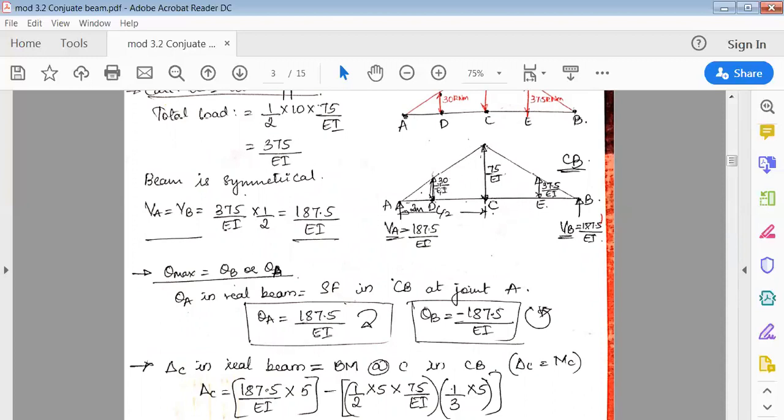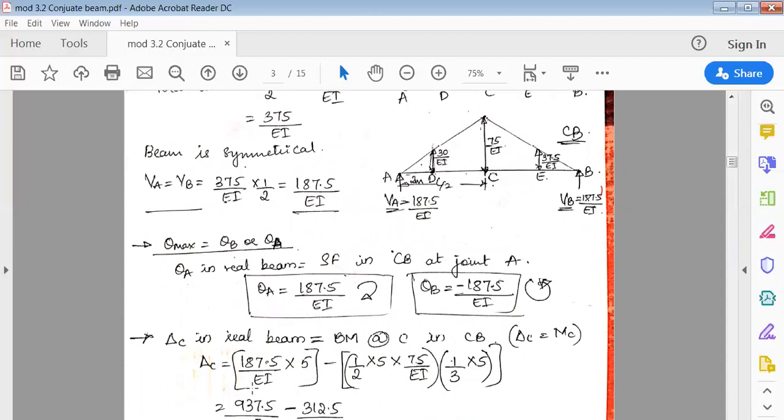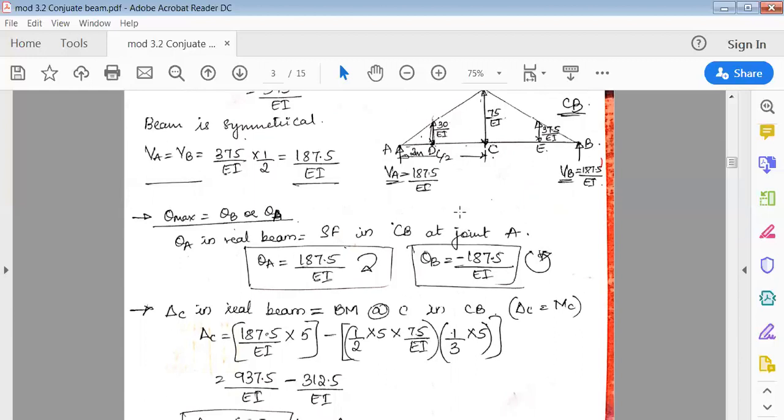So to the left, if you check delta C, there are two loads. This is one load, and the area of this complete triangle is another load. Now you can check this delta C. Delta C is nothing but we have to find the bending moment, so it is force into perpendicular distance. Then this triangular load, which we will convert to one single point load, that load into perpendicular distance. So delta C is